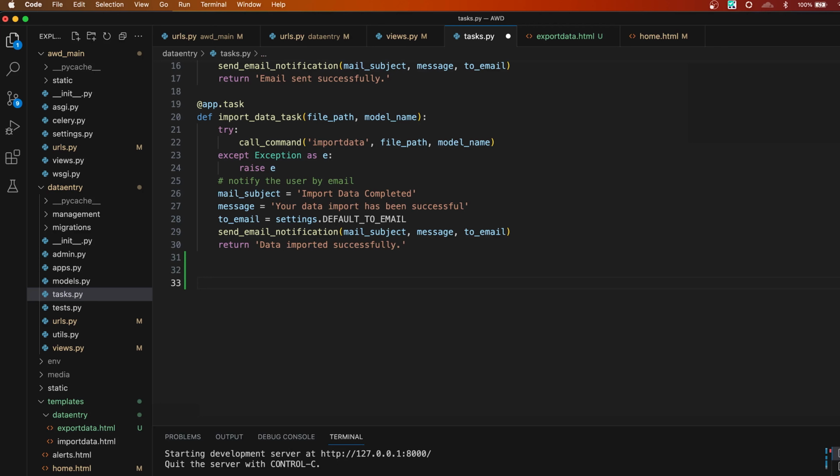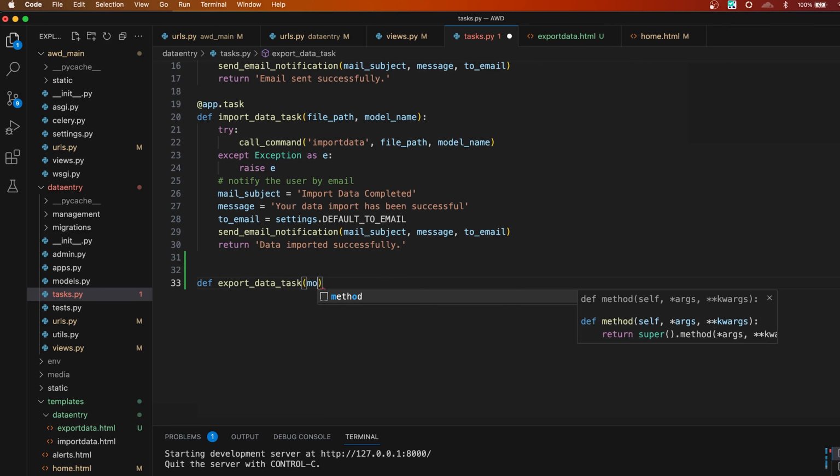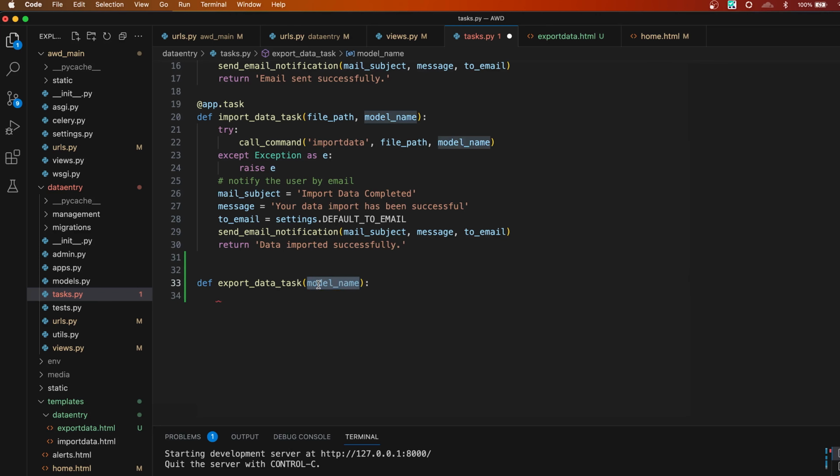So we'll actually say define export data task. Export data task will take the model name, because we need the model name for triggering the command. The command will take the model name. That's why we need to take the model name from the view. Okay, so before that, let's make it a task